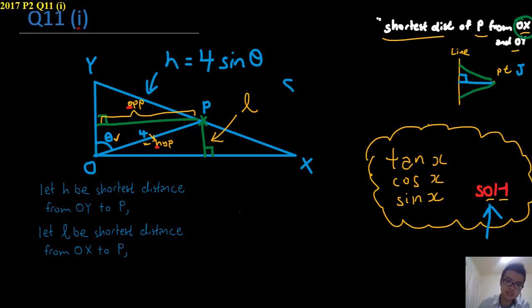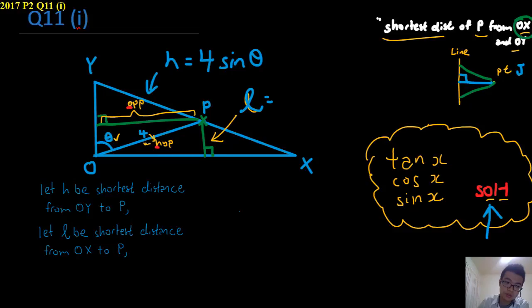Sine theta is equal to opposite, which is what you want, right? So let's use H instead. H over the hypotenuse, which is 4. So you multiply that over, you get H is equal to 4 sine theta. And here L is equal to,